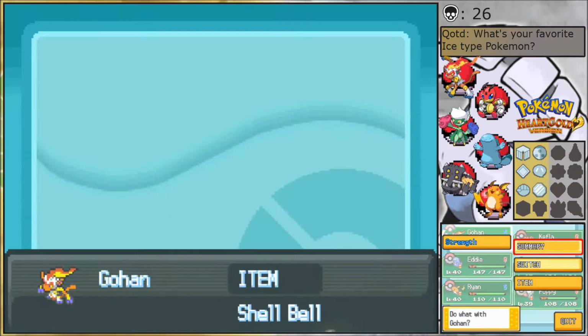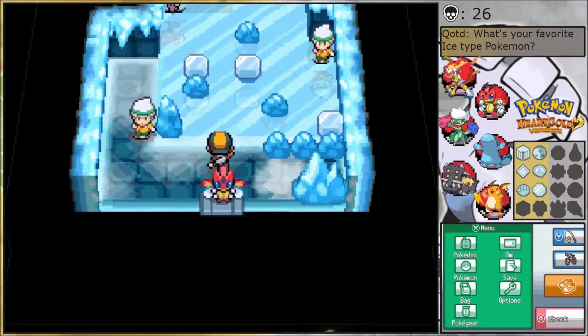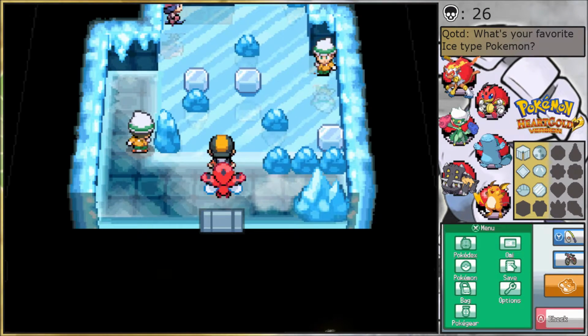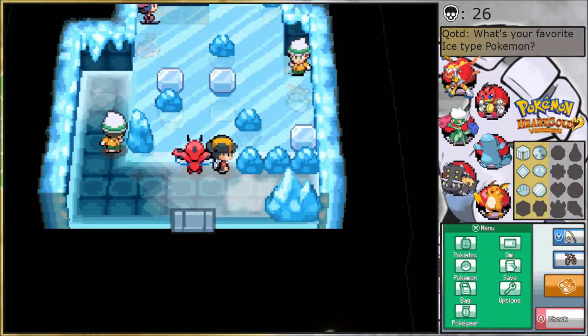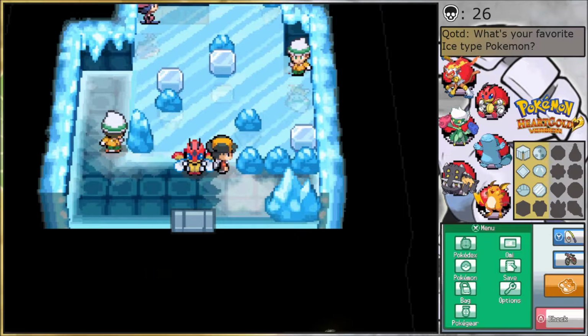Let me actually lead with... Let's lead with Kefla, because I think I'm going to train up Gohan a bunch during this gym. I don't really think I need to fight all these trainers, so I'll just avoid them if I can. Let's see, what do I need to do? So if I go up, and then... Okay, so I can do this. Shit, I messed that up. I can do...